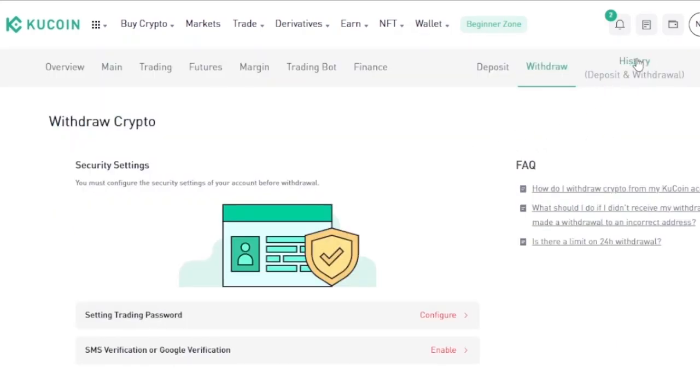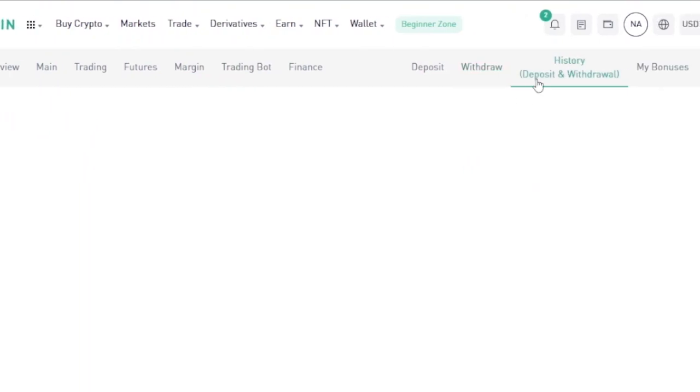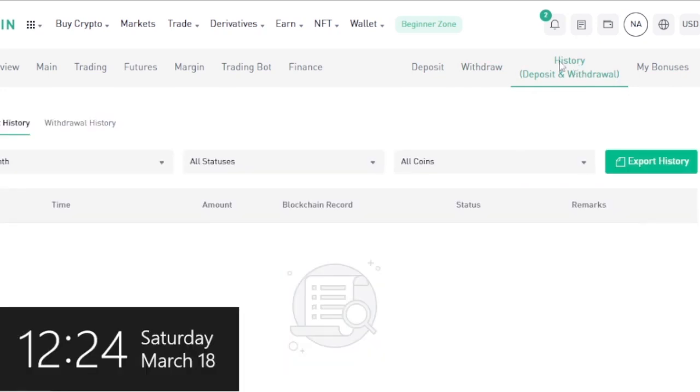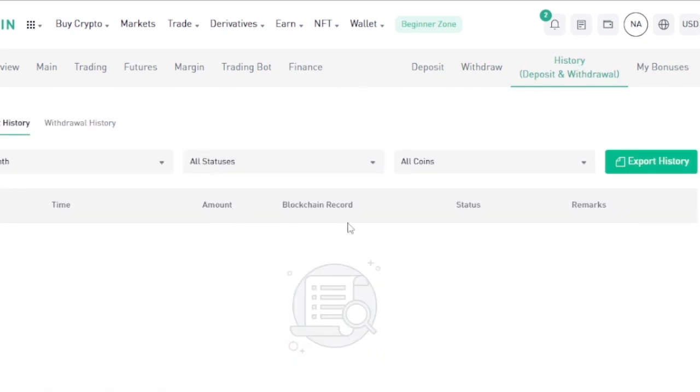Then you can also see the history and deposit and withdrawal of whatever has been happening on your account. You can just go on this option and see whatever is done, like the coin, the time, the amount, blockchain, record, status, and remarks. And you can also export the history from this option, and it is going to be copied in an Excel sheet, and you can copy it onto an Excel sheet as well, or Google Sheets, or wherever